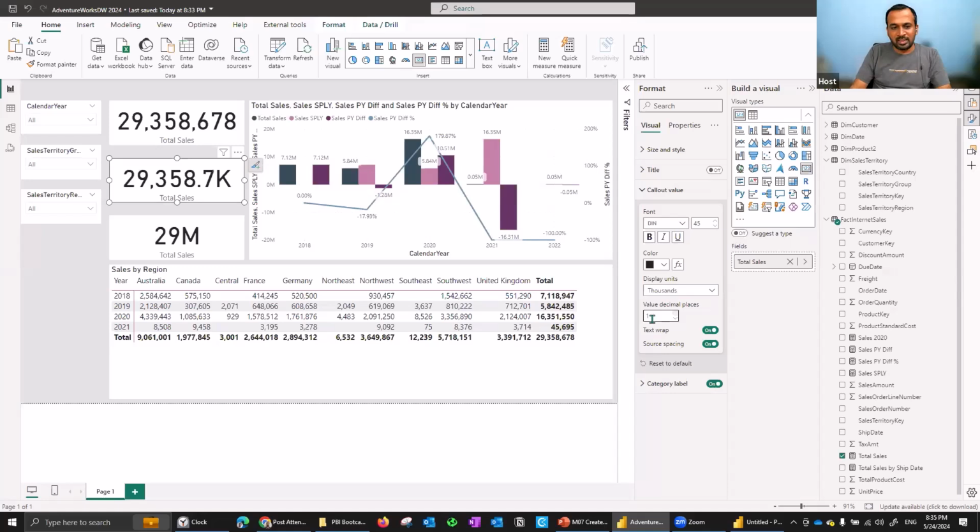You can set this with 3 digits, and you can see it is showing the value as 3. So let me reduce the value here to 20. Now you can see it is showing 29,358.678. So we don't have any restriction: if we customize the measures directly, we are not able to change anything